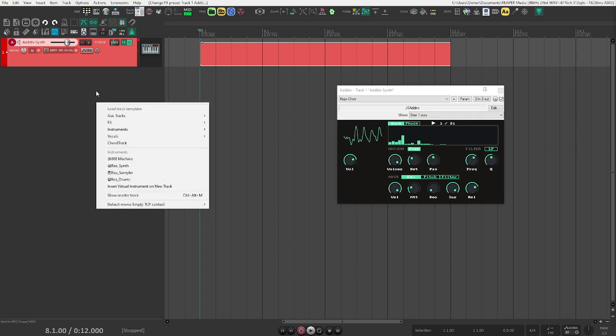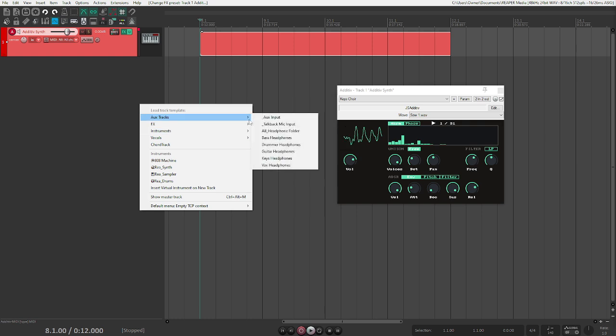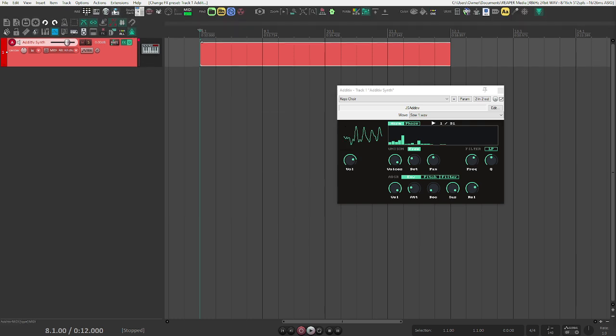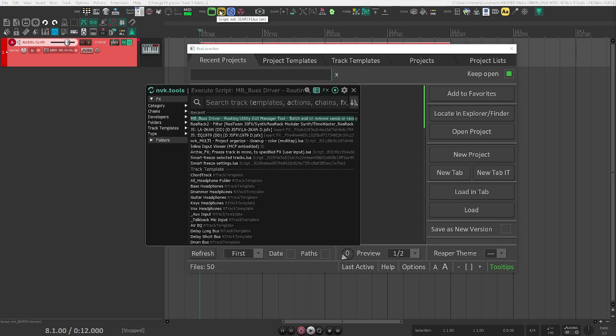Yeah. And all of the templates are also organized here on the side from where they kind of are derived from. So if you don't want to come up here, say you're just here and you want to right click, there they go. So that's track templates up here in the drum rack. Also, we've got different scripts for opening things, Real Launcher, MVK Search. This is a free script that allows you to find everything from actions to, yeah,